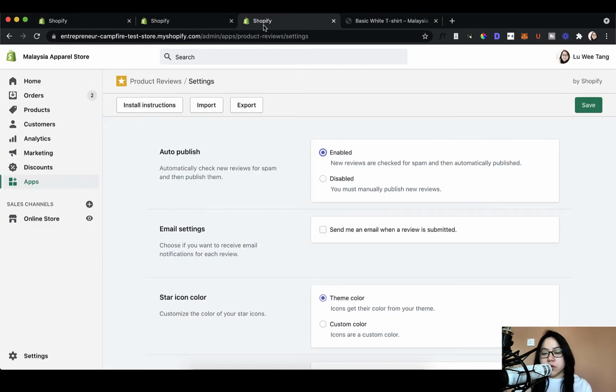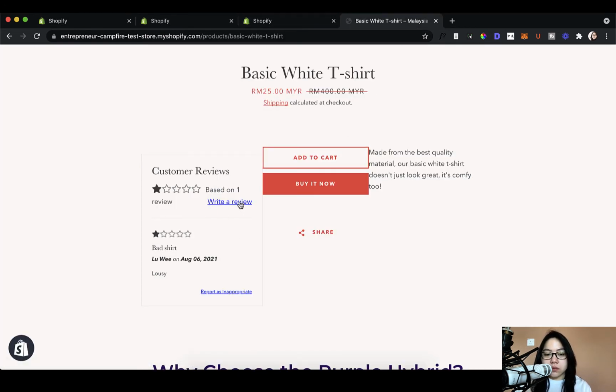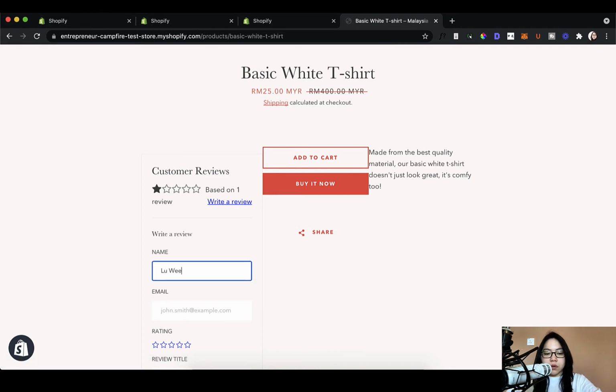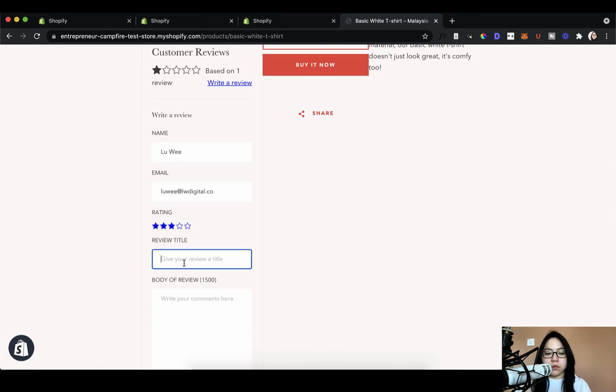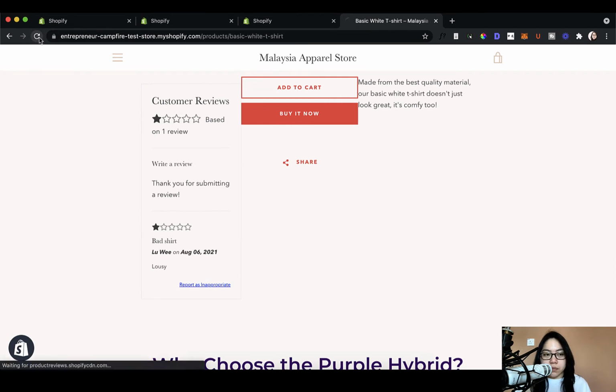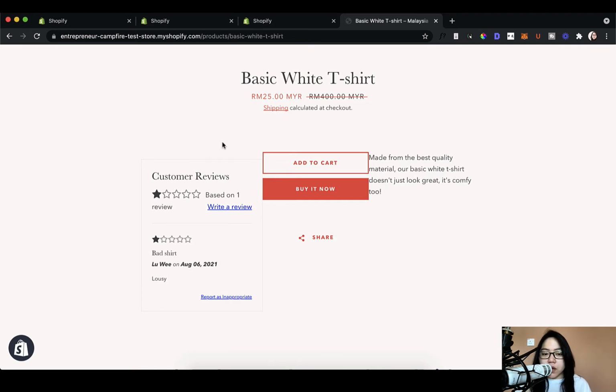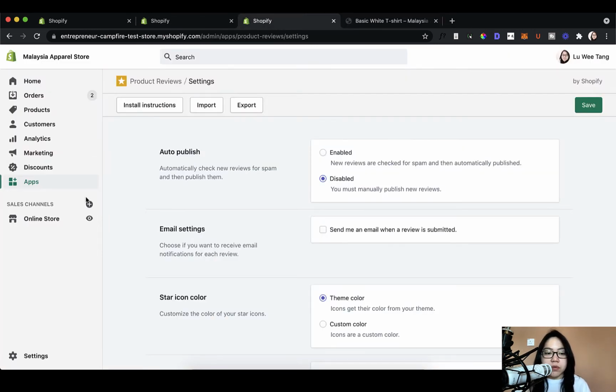Okay, but let's say you don't want that to happen. Let's disable that and then save it. Okay, so I'm gonna try writing another review. Okay, quality. Okay, so I'm gonna submit this review. So as you can see, the second review wasn't automatically published to the site. So it's still only one review. But if we come to the back end,